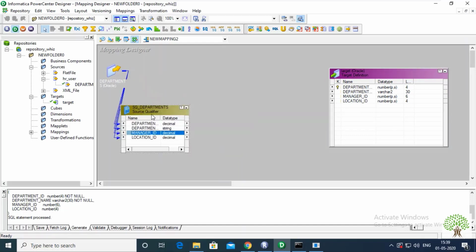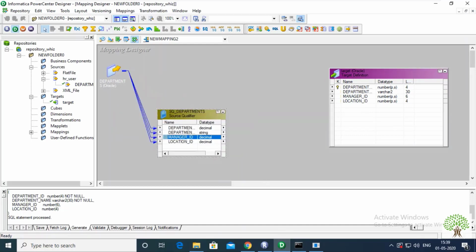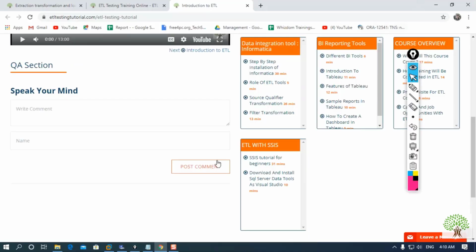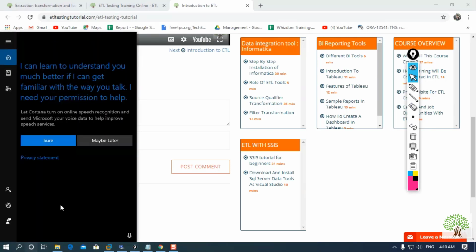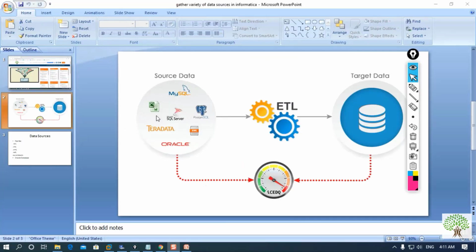Before we import data from source to target, we just need to make some changes. That is the validation. If we focus on this ETL process which I have explained to you, what we are doing basically is extracting data and then putting the data into the target data warehouse. But before that, we need to perform some validations and corrections so that the data could be cleansed.